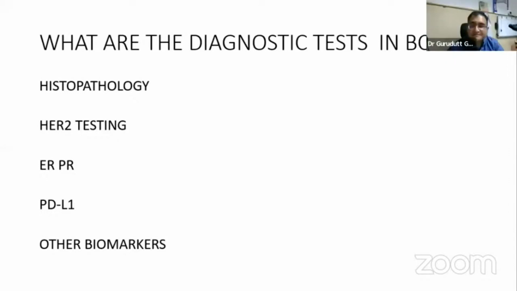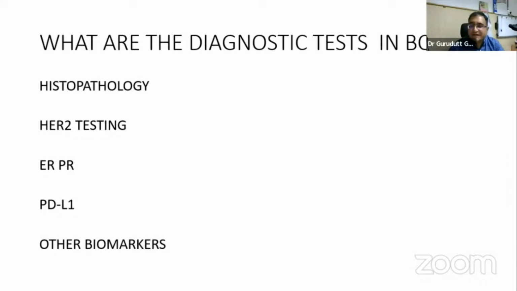Yes, ma'am. So I just want to know from you, what is new in the HER2 testing according to the ASCO-CAP guidelines, which were published in 2018? And then, of course, this concept of HER2 low breast cancer. Ma'am, the new thing that happened was that now it is advocated that first IHC should be done, and